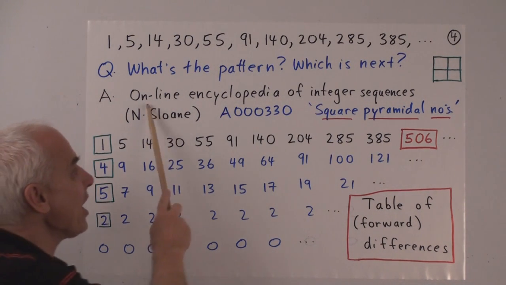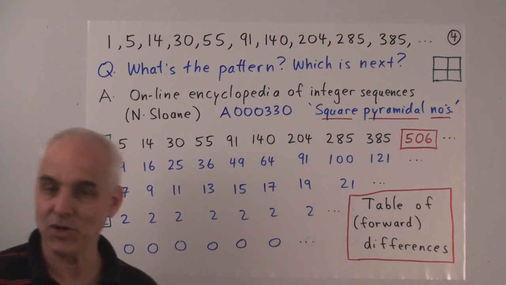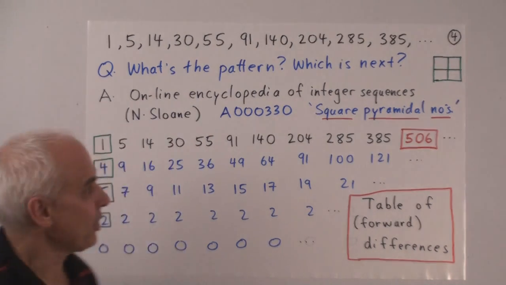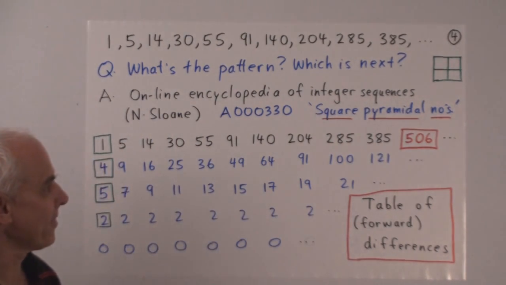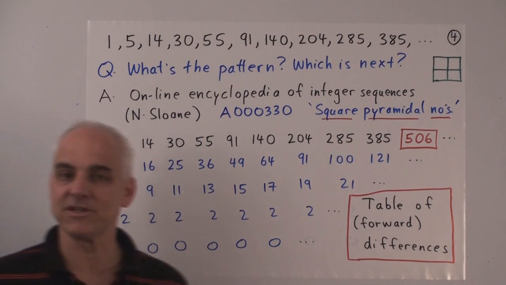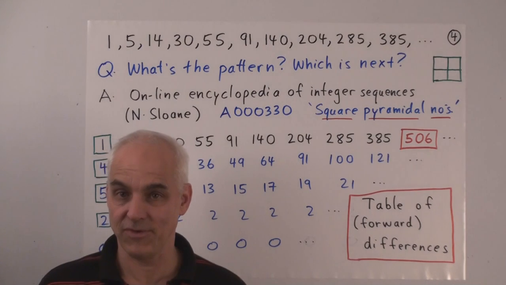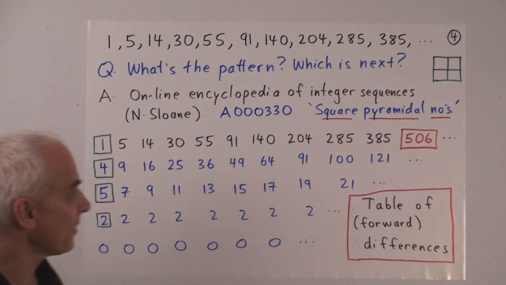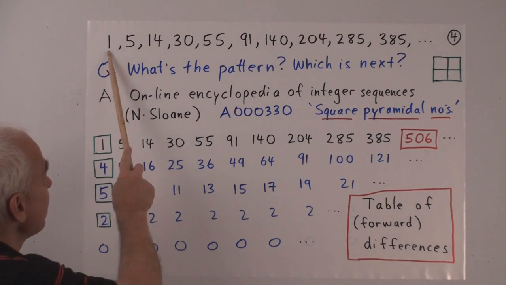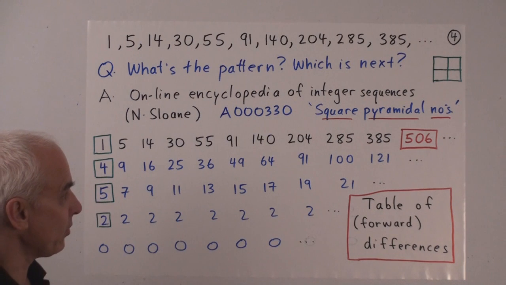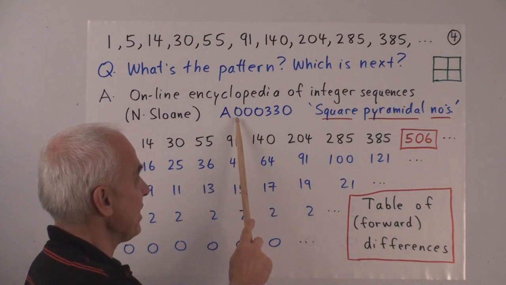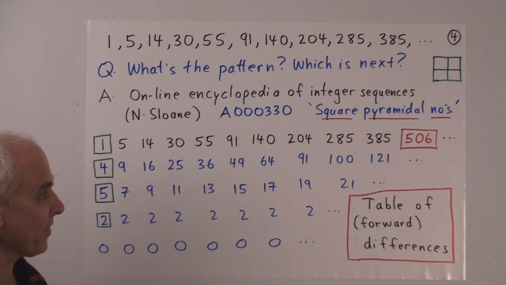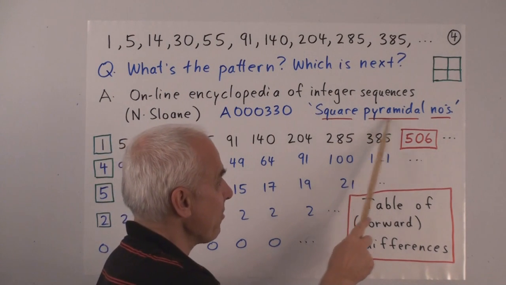Well, if you know about the Online Encyclopedia of Integer Sequences, you'll know that this is an easy question to answer. You go online, you Google these terms, you get to Neil Sloane's fabulous compendium of integer sequences with tens of thousands of interesting sequences in it. And if you give it, say, the first 5 entries, it will quickly tell you that this is sequence A000330. That's just Sloane's name for this particular sequence. And these are the square pyramidal numbers.